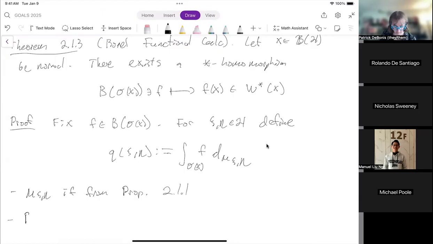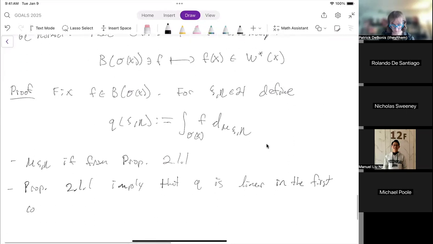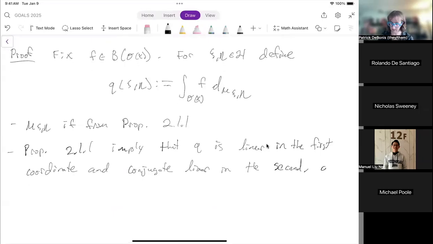Proposition 2.1.1 is going to imply that Q is linear in the first coordinate and conjugate linear in the second. And also that it satisfies